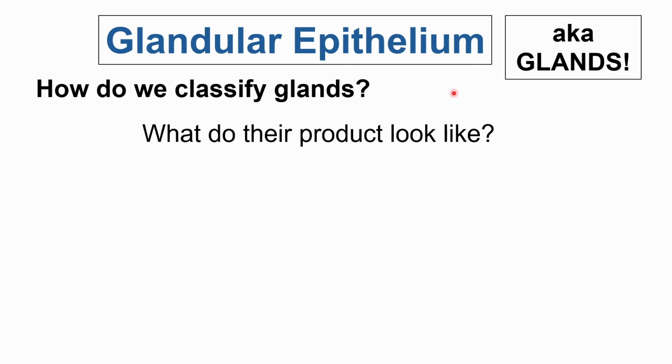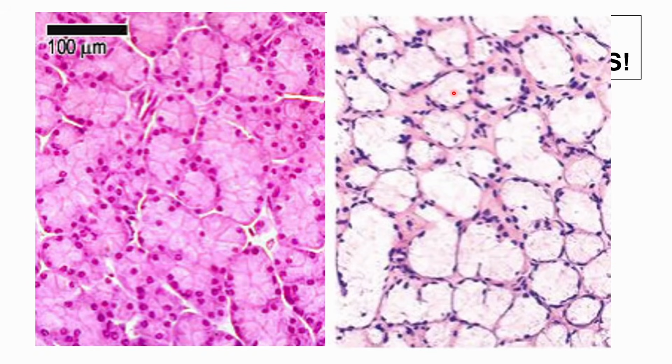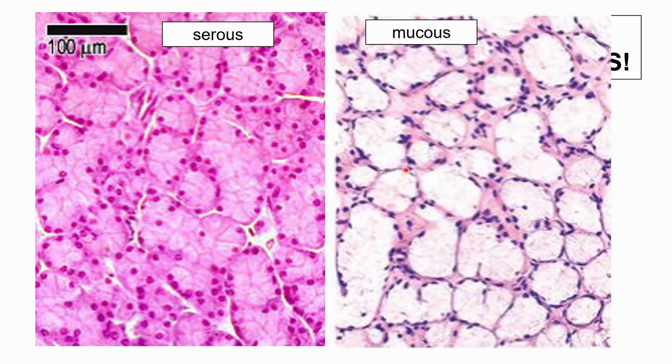Okay. So, what do their product look like? Again, basically two types, no? And it can usually be described by the secretory units, no? To continue about the thickness, it basically tells you about the thickness of the product. If the product is watery, it is termed serous. If it is sticky, mucus, gooey, like your snot or your sipon or your phlegm, then it's mucus in nature. And the secretory units will look different depending on which product it is actually producing and secreting.